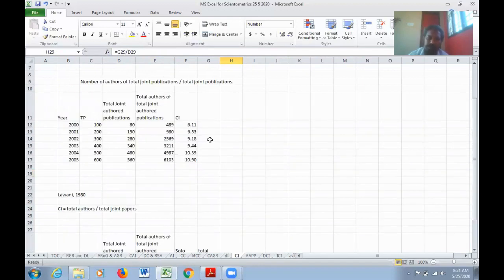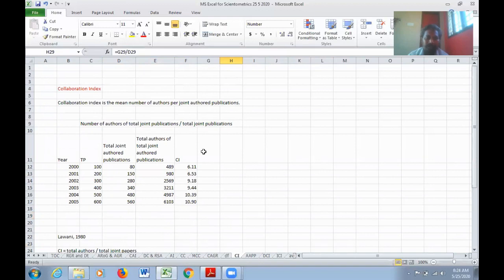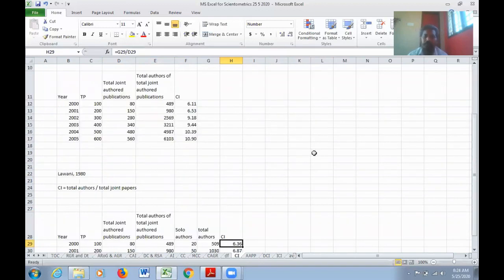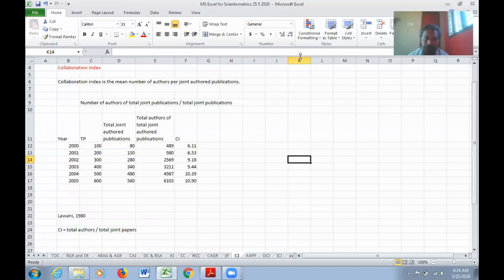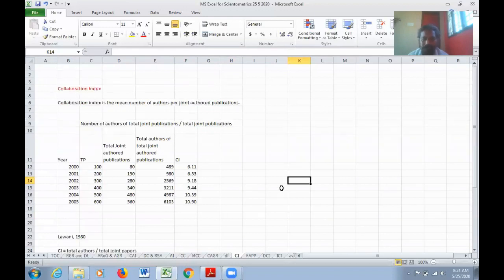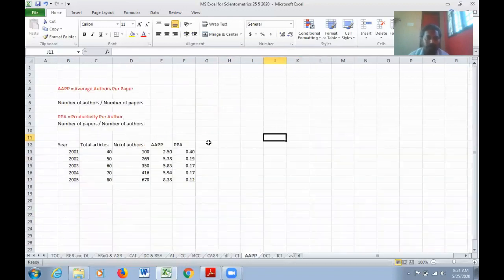Though there is not much difference between this formula and this formula, there is a slight variation which is thought out by Lavani. You can use any one you feel like. I will see both in the literature. This is about collaboration index. Let me go to the very, very simple one called